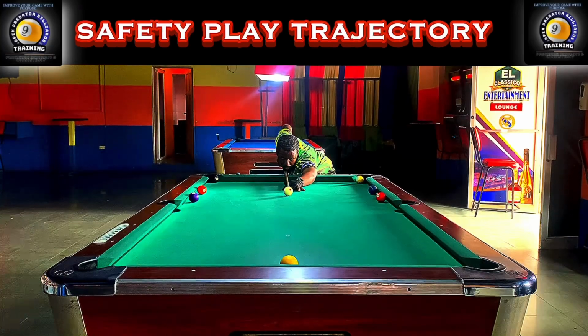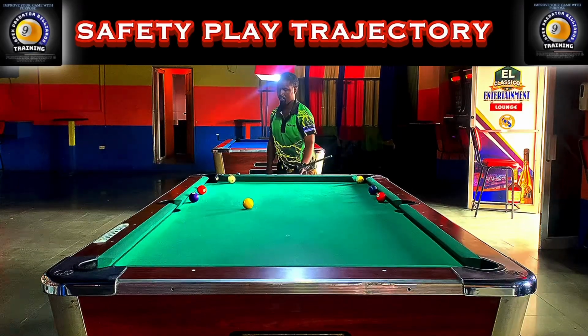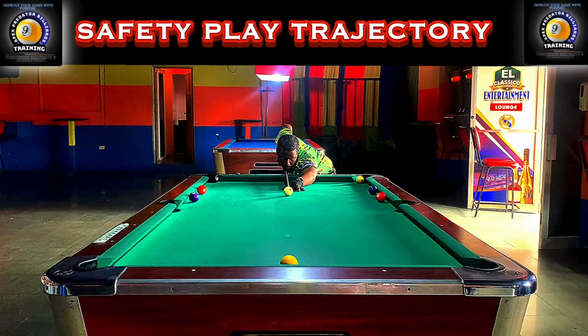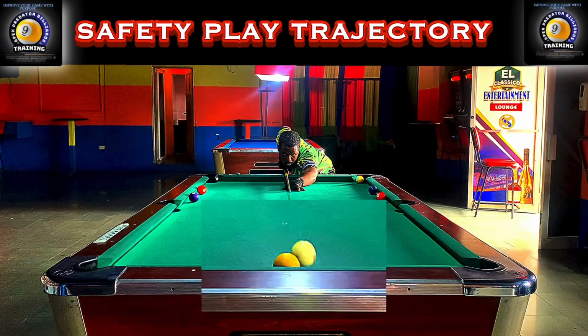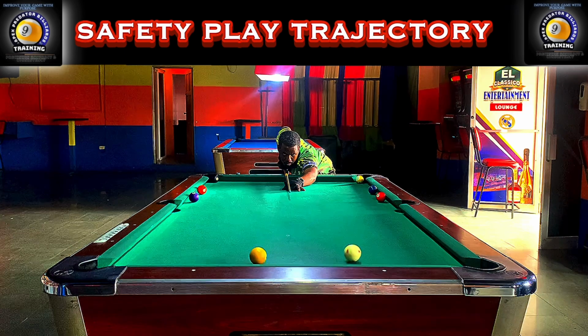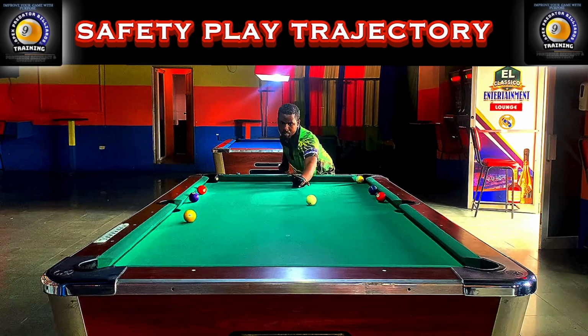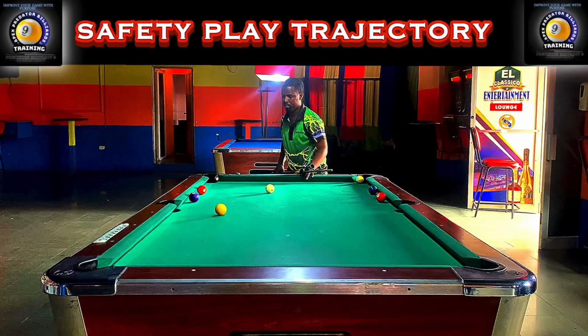Now, on my first attempt here, you will realize that I almost got it perfect. At about a half ball hit, notice how that cue ball comes? It came a hair long. Let's have a look at the replay here. Now, as I deliver my cue with what I would call a pretty good fundamental on this freeze frame here, you will realize that the cue ball actually hits the object ball just a hair too thin. And notice where it comes off, in between the second diamond and the third diamond there,